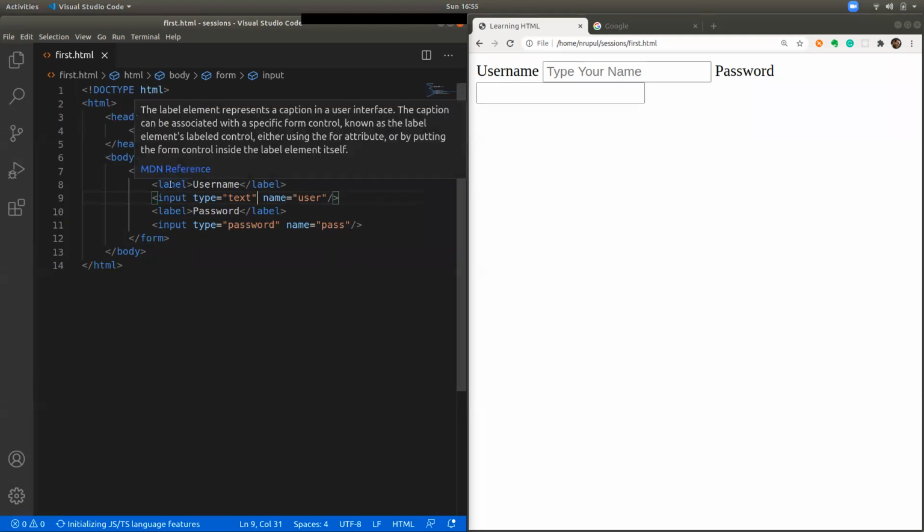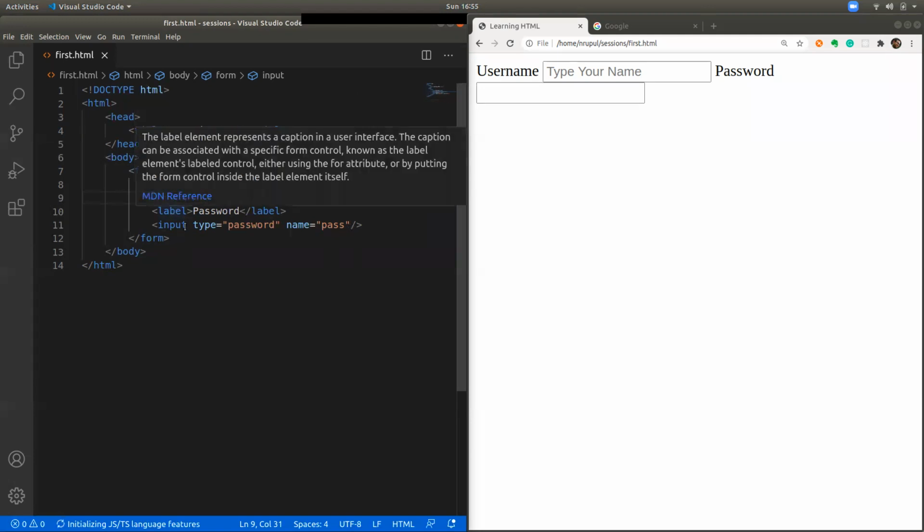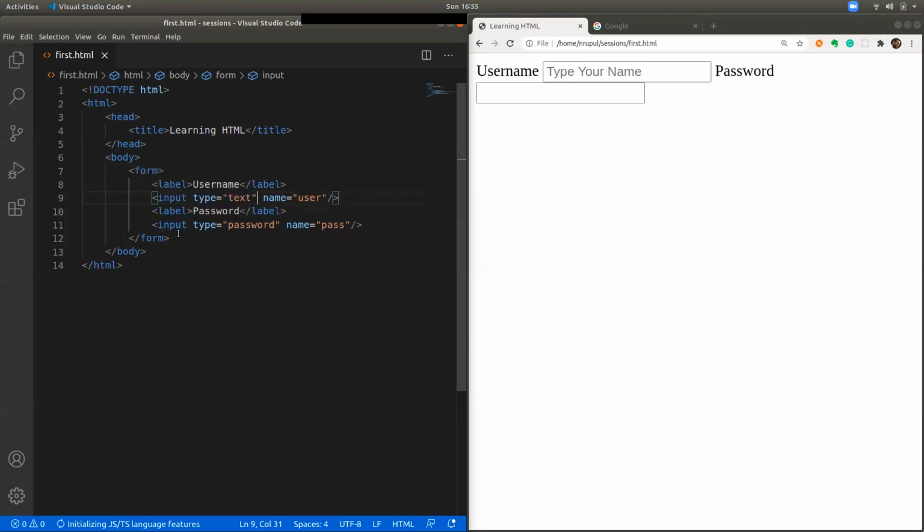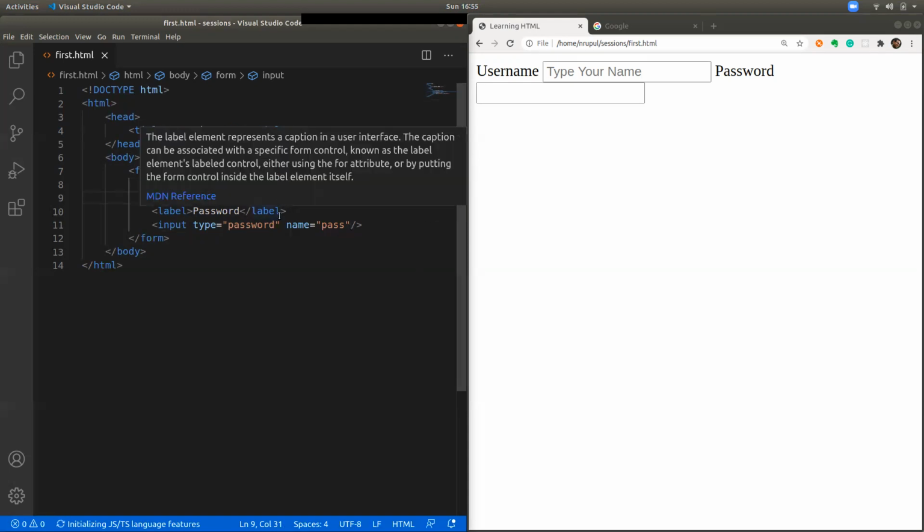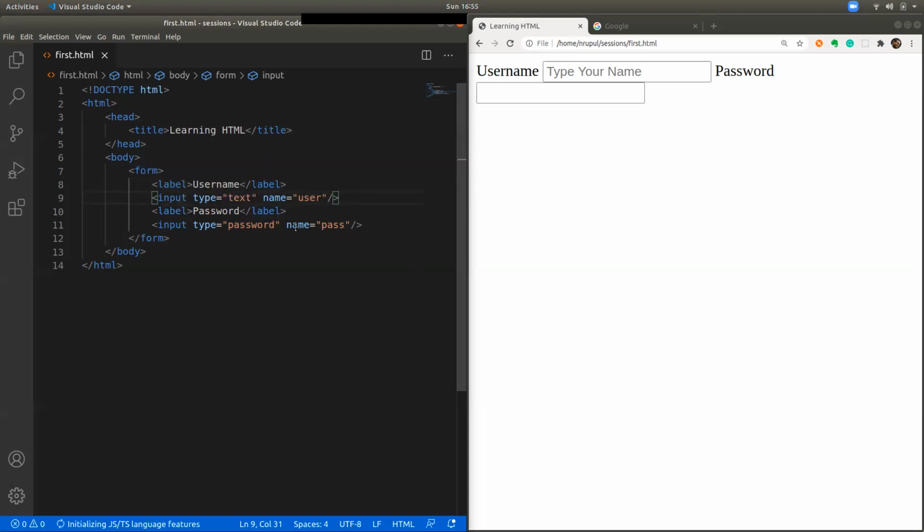Now you can see there are two labels. HTML doesn't know which label belongs to which. You have to specifically mention which label belongs to which input. For that, there is this specific thing called ID, which you will look at at a later stage.